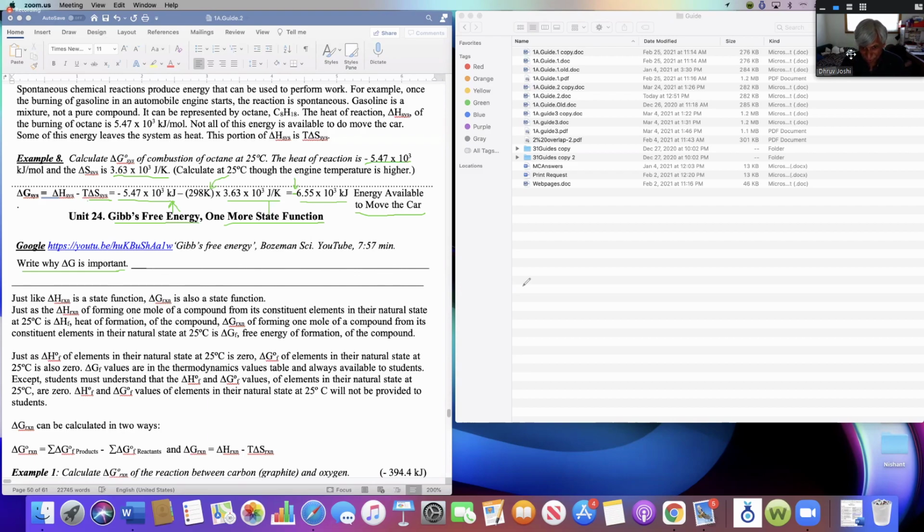What do you mean by very easy to calculate? We say final minus initial. Final state minus initial state. So what do we mean by final state over here? Meaning delta